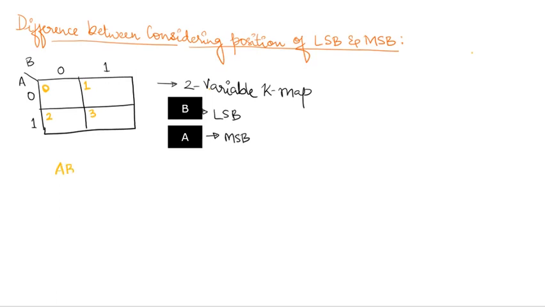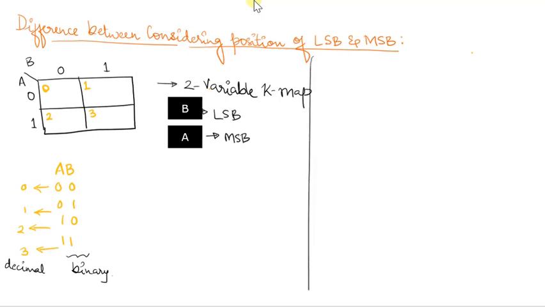Now this is dependent upon our binary inputs, that is 0 0 0 1 1 0 1 1. Why 4 binary inputs? Because we have 2 variables, so 2 to the power 2 will give us 4 combinations of the inputs, and the decimal equivalent of that number is written in the leftmost corner of the Karnaugh map for easier representation and easy placement of the max terms or the min terms.